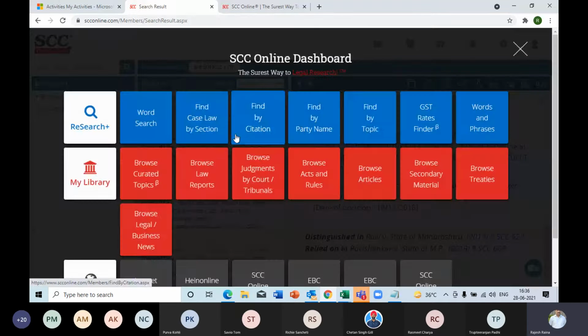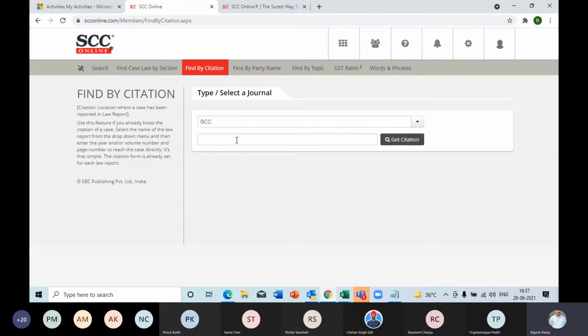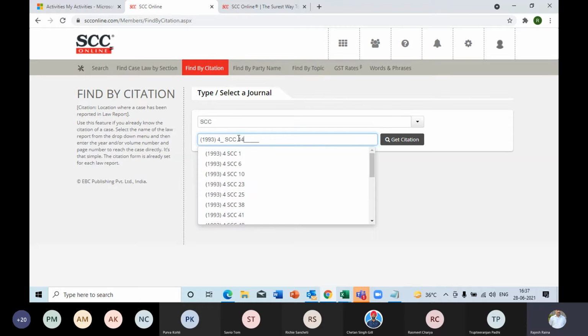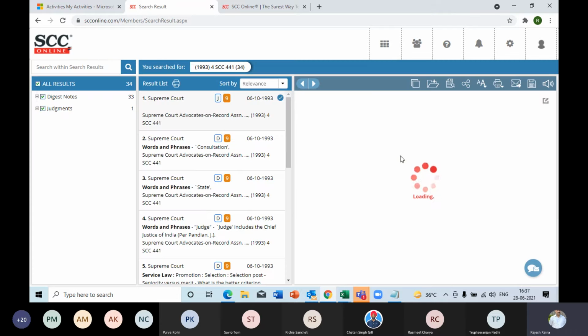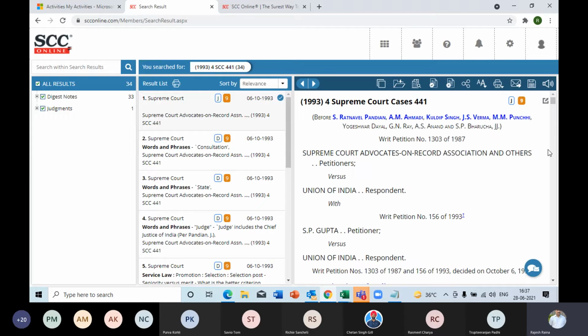Another aspect over here, which I wanted to show was that in some landmark judgments, the editorial has done some extra work. So this judgment of Supreme Court on Advocates Record Association versus Union of India with SP Gupta versus Union of India pertaining to the appointment transfers of High Court judges. This judgment carries some 500 odd pages of additional input. If you go to any other, maybe the Supreme Court website, you will only